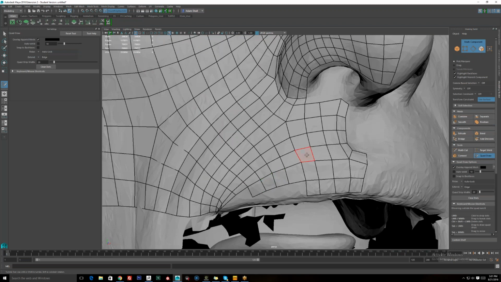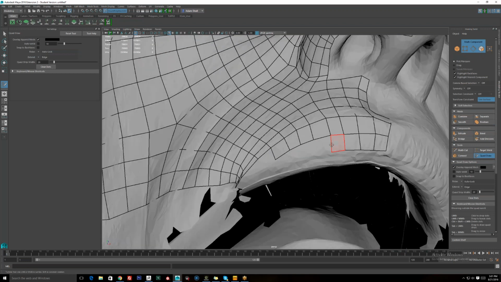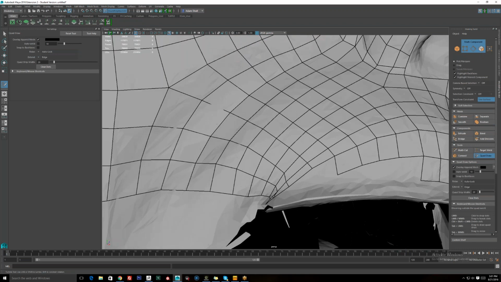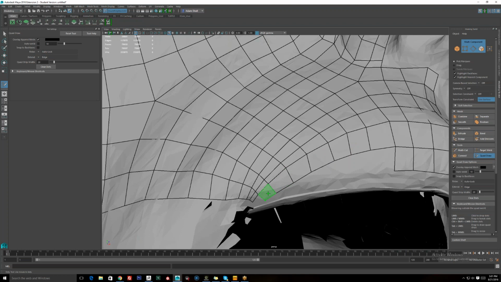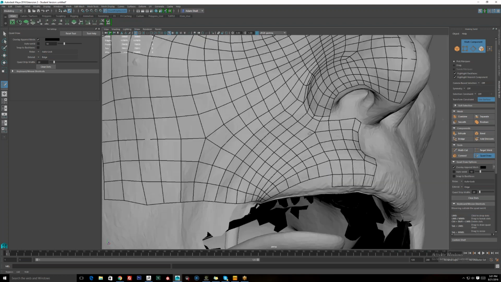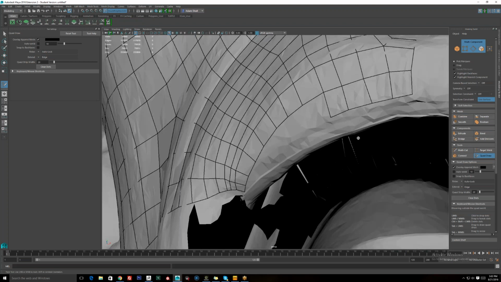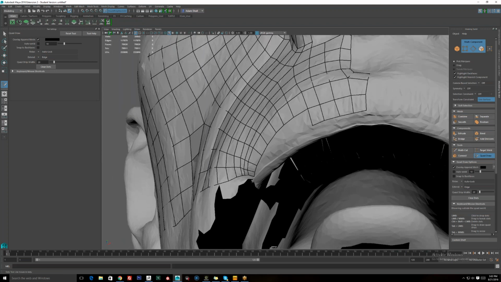Just gonna go in. Right here you can see where there's some problems. We can fix that. So it makes it much easier to work. What happens with this is pretty straightforward the way I break it up, just upper and lower. It gets a little more tricky when you have to combine the two low polys back. So just be aware that eventually you'll recombine your low poly mesh,